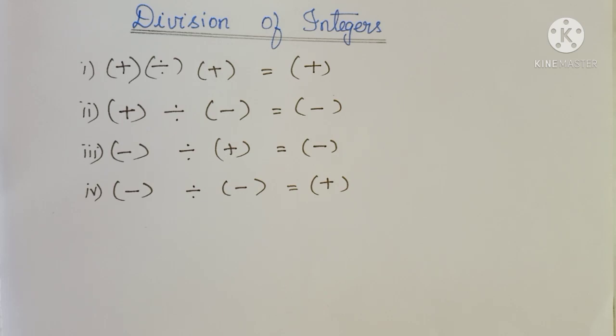Here, why did we start with integers first? Because most people have more doubt in this concept, the integers concept only. They can do all the problems, but while adding plus and minus, subtracting plus and minus, or multiplying plus and minus, they get more doubt. So to clear that doubt, first we started the integer concept.